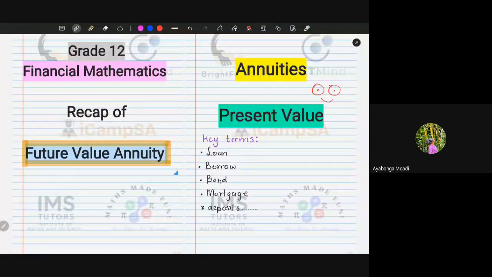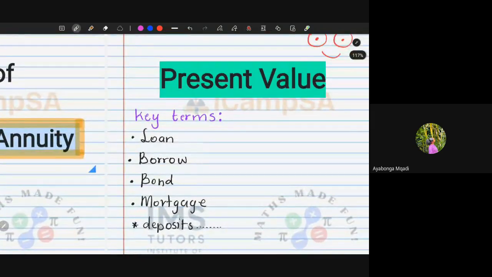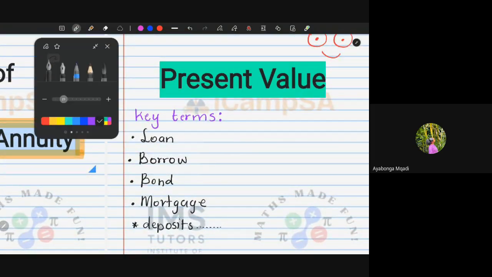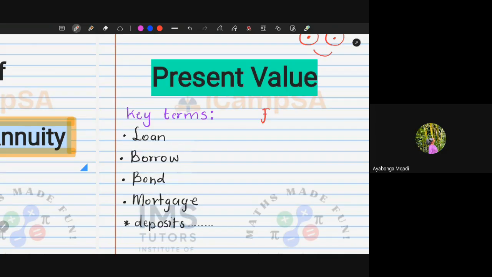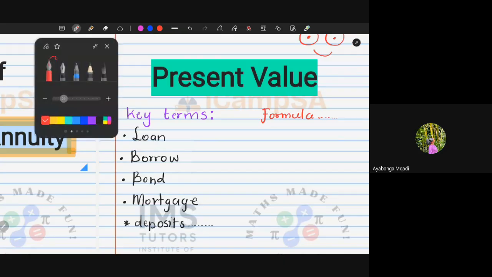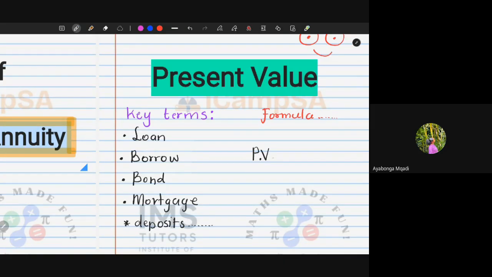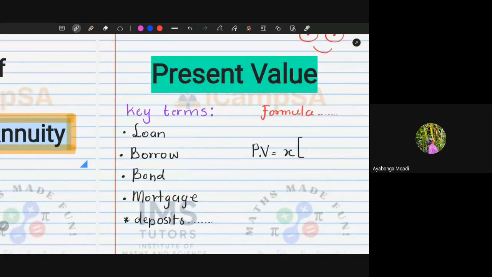And we also have a very important formula. It differs slightly for present value from the future value one. So let's look at the present value formula. What is our present value formula? We did future value previously, which you guys are aware of. Present value will be equal to X. I will define what X is, but it will be X times (1 plus the interest) all to the power of negative n, and all of this will be divided by